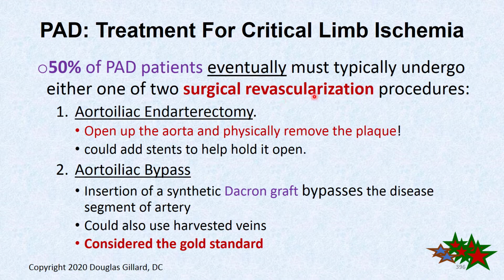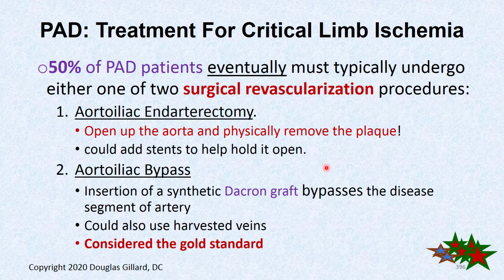They'll say revascularization, but that's what it means. Open up the pipes, scrape the gunk out or bypass it, and that's exactly what they do. There's two procedures. The gold standard is the aortoiliac bypass surgery, and they literally take a new tube of Dacron